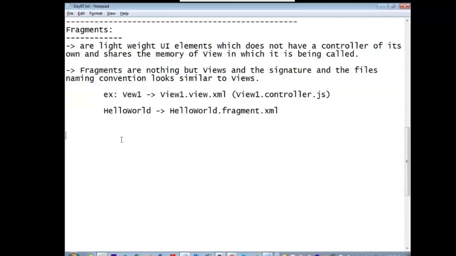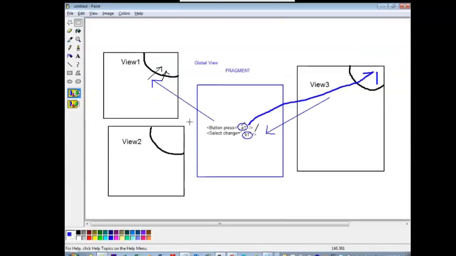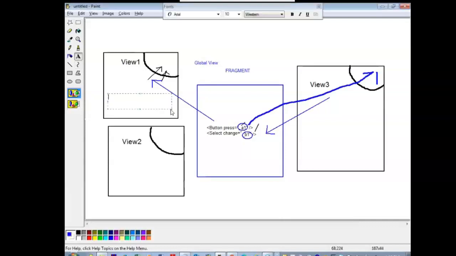Any doubts still here? For example, in view 1, a text control with id equal to id1 is there.